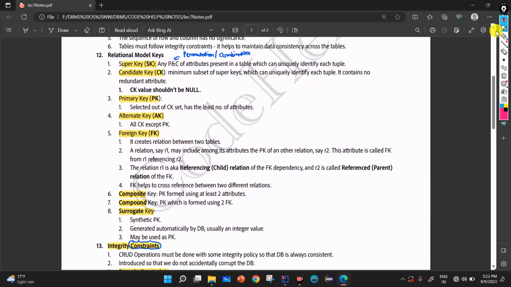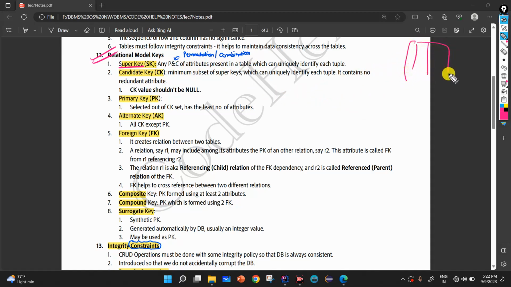Now the next point is relational model keys. Very important. There are 8 keys. First, number 1, is the super key. What is a super key? Any permutation or combination of attributes present in a table which can uniquely identify a tuple. It is the superset, you can say. Attributes means columns.